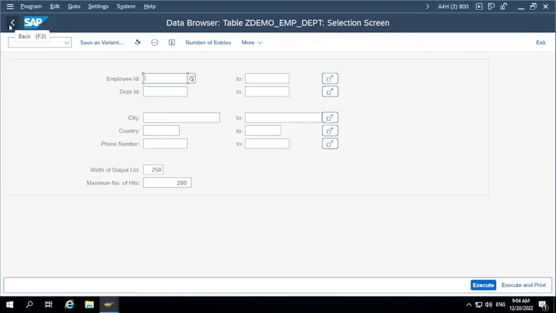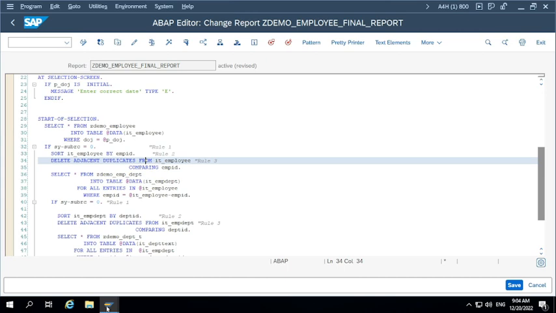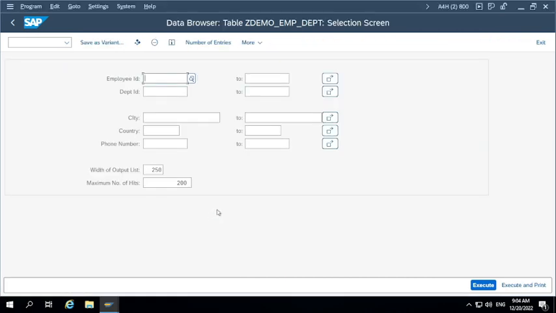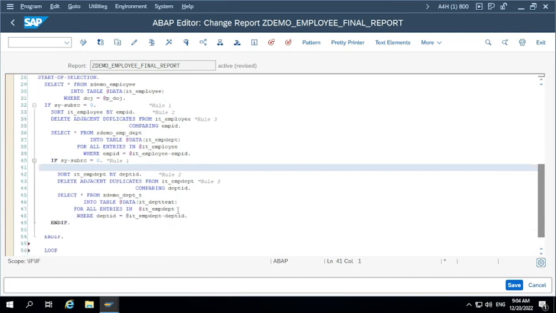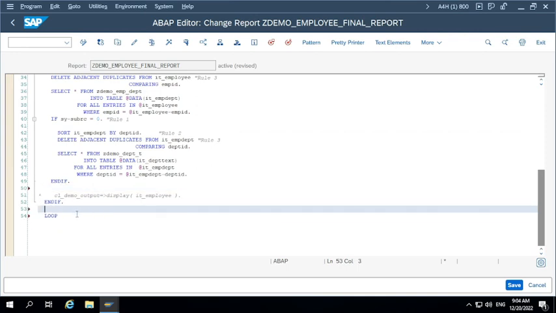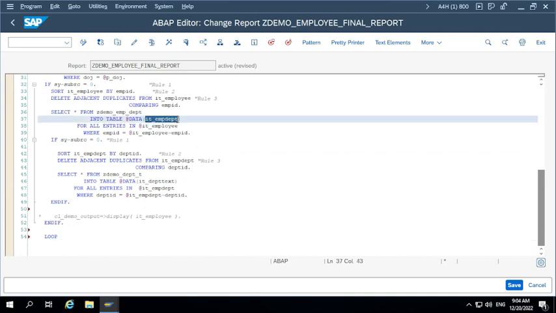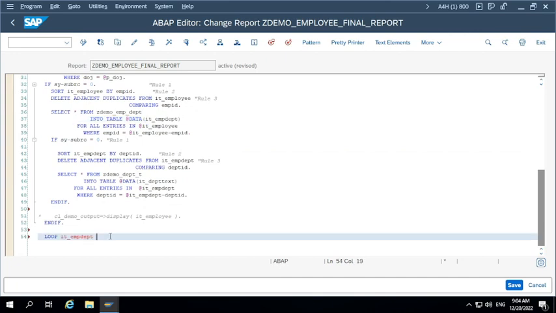Now what is the internal table that we need to loop? N means multiple. Employee department will loop employee department data. This is not a very perfect example, but to understand the basics, this is enough. Loop this internal table, employee department, loop it